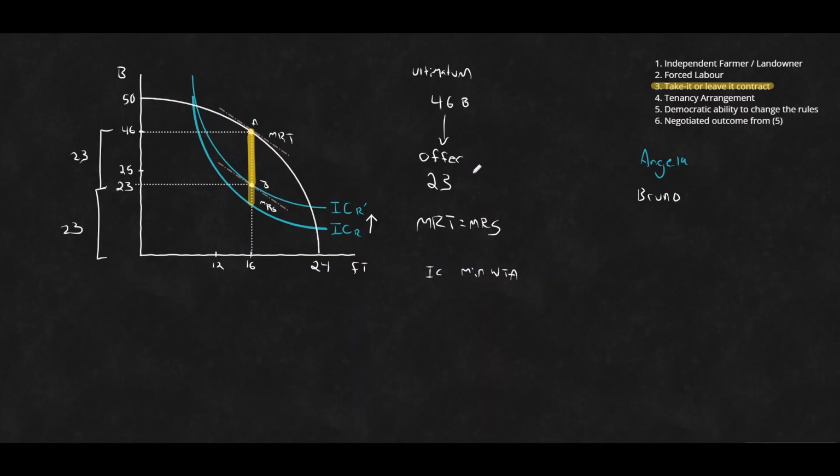If instead of just offering, hey, take it or leave it, we can negotiate a tenancy agreement. That is, just say, hey, here you go, Angela. You're allowed to work the land. You can produce as much as you want or as little as you want. You just need to pay rent. You just need to lease the land and work out what the price of that lease is going to be. Let's jump over and take a look at this scenario with the tenancy agreement. So a different rule of the game. Let's go take a look.